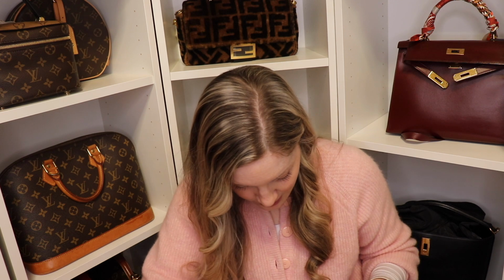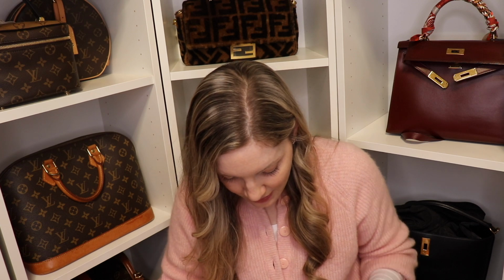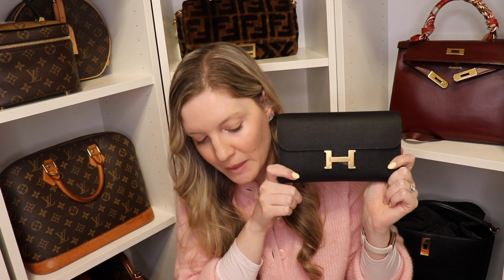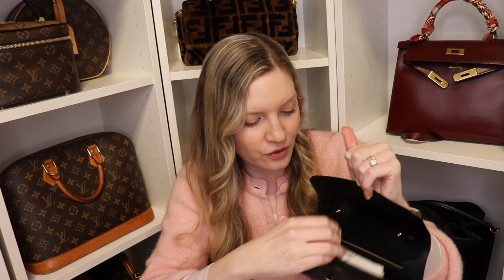And it is, I think technically, I don't know if they consider it an SLG, but it is this Constance on the go. So this looks just like a wallet, but it is their version of a wallet on a chain, basically. And as you guys know, I'm not normally a big wallet on the chain girly, but this was a game changer for me, because when I opened it with its little strap in here, in its little dust bag,